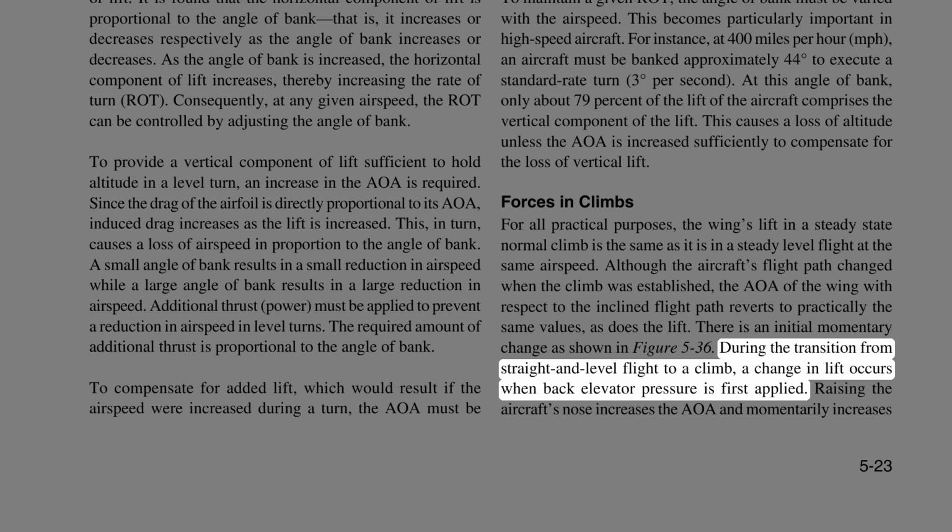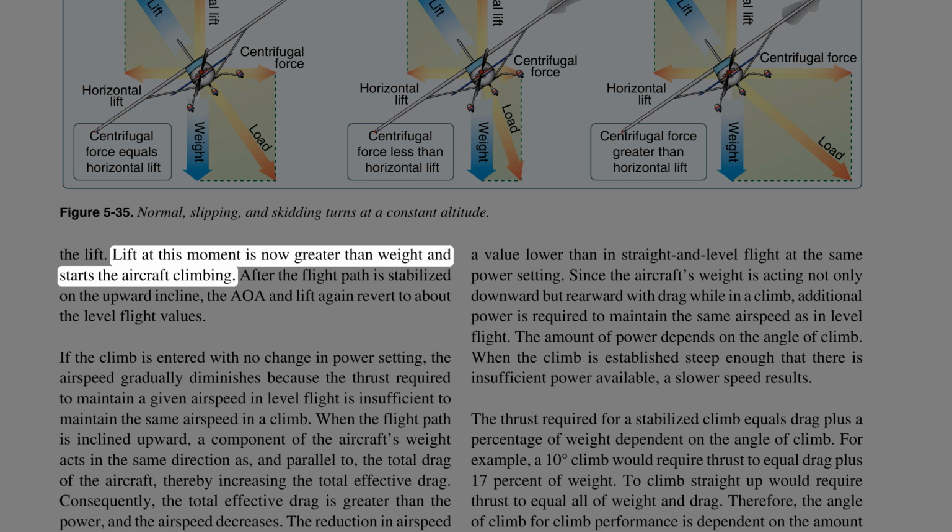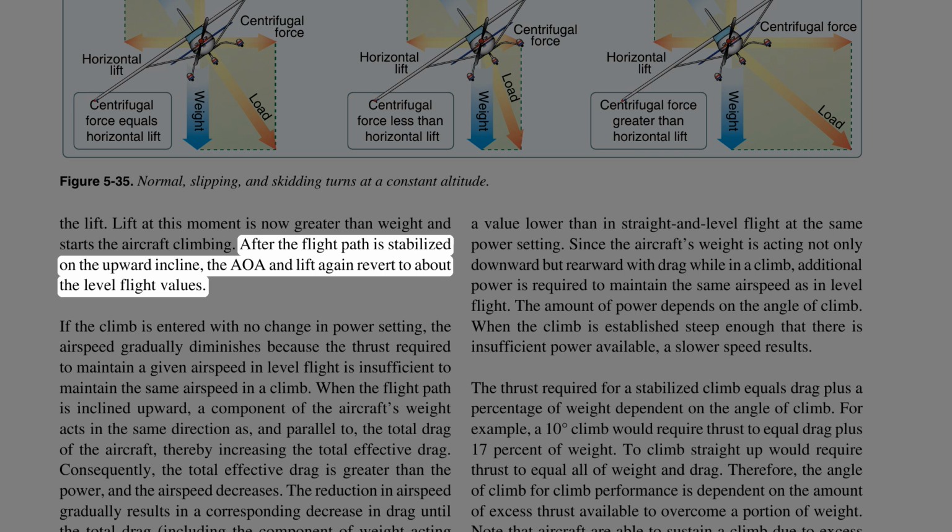During the transition from straight and level flight to a climb, a change in lift occurs when back elevator pressure is first applied. Raising the aircraft's nose increases the AOA and momentarily increases the lift. Lift at this moment is now greater than weight and starts the aircraft climbing. After the flight path is stabilized on the upward incline, the AOA and lift again revert to about the level